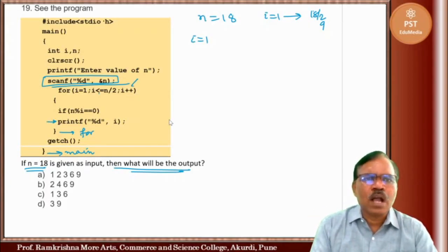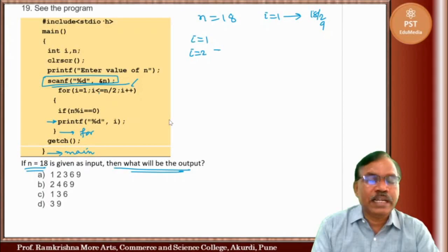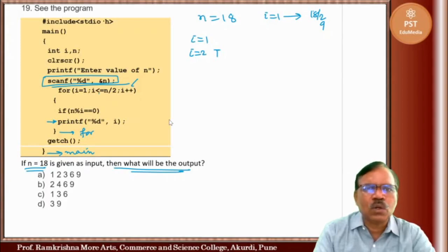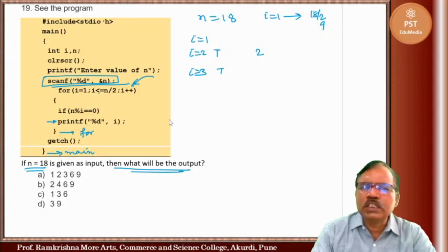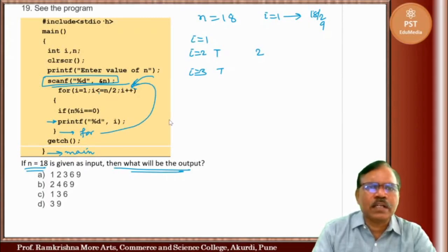It will go to i equal to 2, less than 9, true. If n % i equal 0, true. So printf i, it will print 2. So 2 will be printed. Then i will become 3. Condition is true. n % i equal 0, no. So it will not print i. It will directly go here. i becomes 4. If 4 % i equal, sorry,